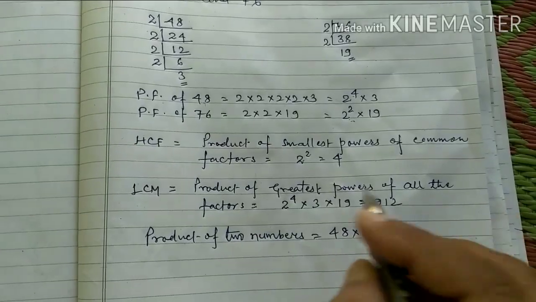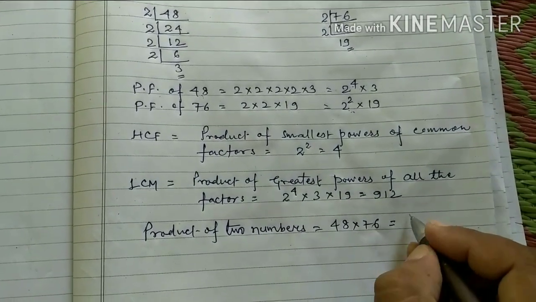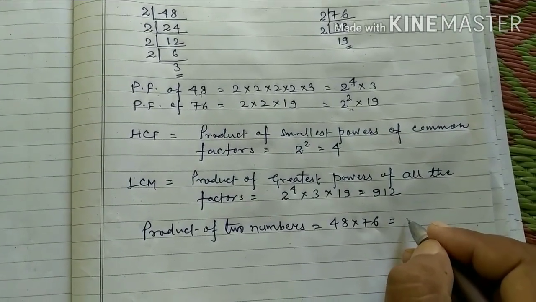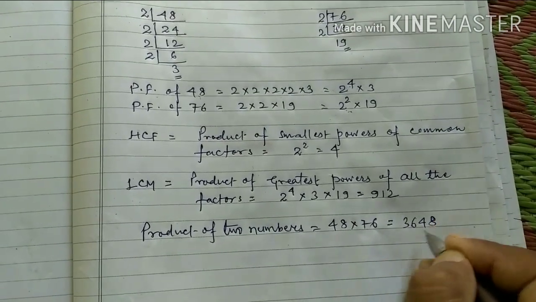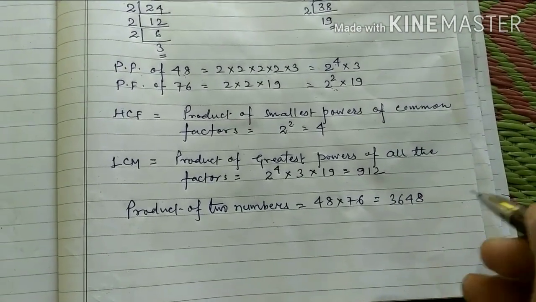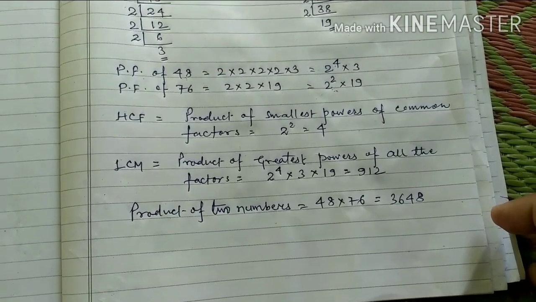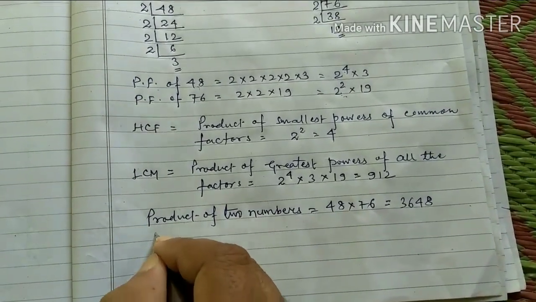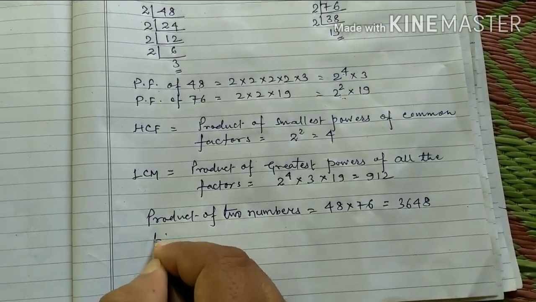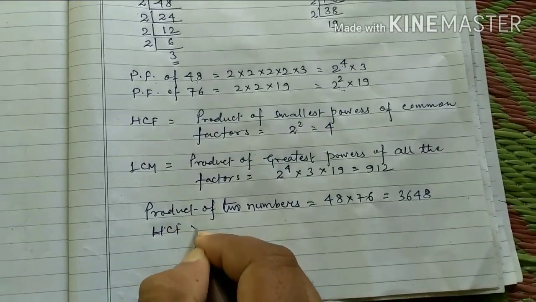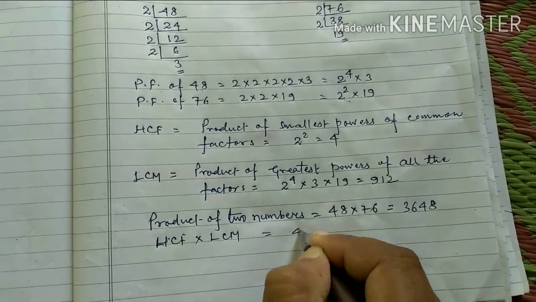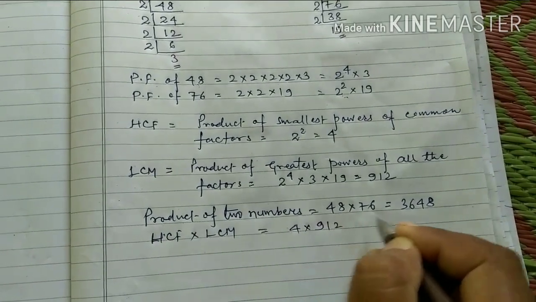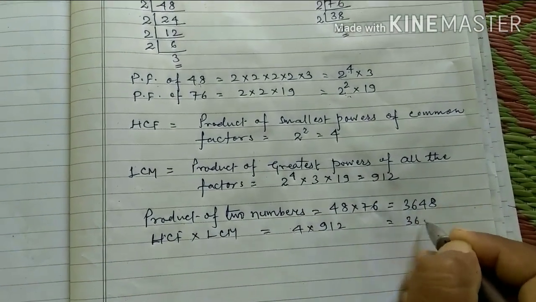We will find that their product is 3648. Now find the product of HCF and LCM. HCF is 4, LCM is 912, the product will be